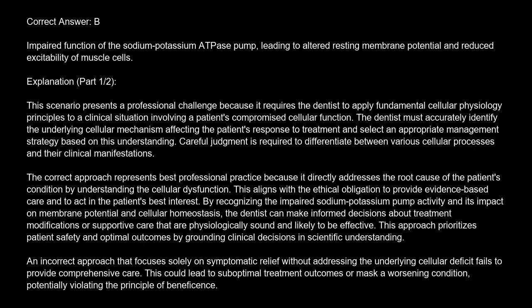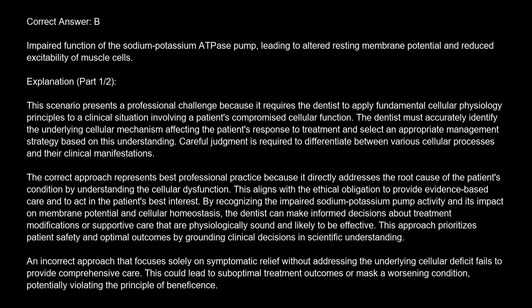The dentist must accurately identify the underlying cellular mechanism affecting the patient's response to treatment and select an appropriate management strategy based on this understanding. Careful judgment is required to differentiate between various cellular processes and their clinical manifestations. The correct approach represents best professional practice because it directly addresses the root cause of the patient's condition by understanding